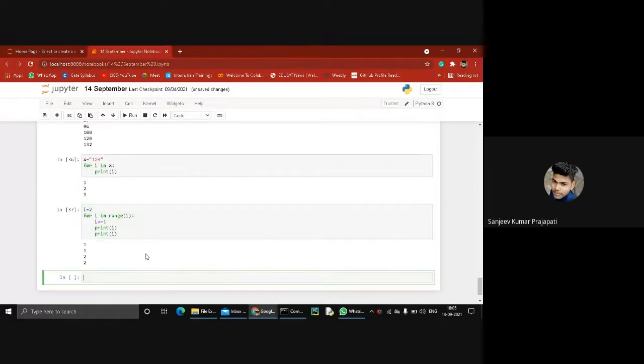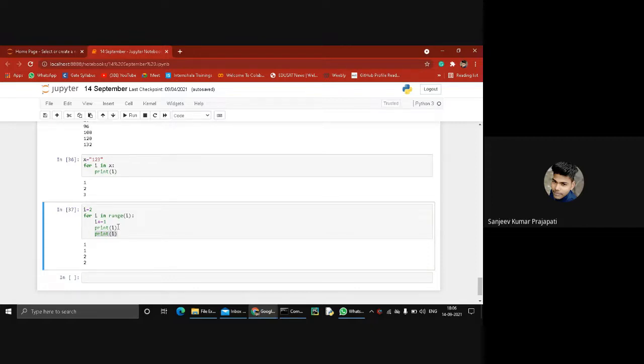Yeah, it returns 1122, because in the initial condition the value of i is 0, then it increments by 1. So first it prints 1, then the next statement prints 1 again, then the value of i is incremented by 1, and when the value of i is equal to 2, it prints 2 and again 2.